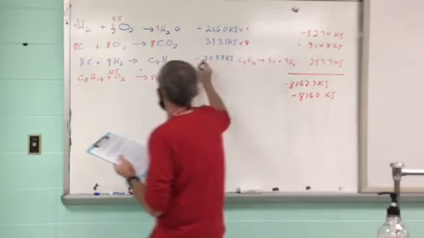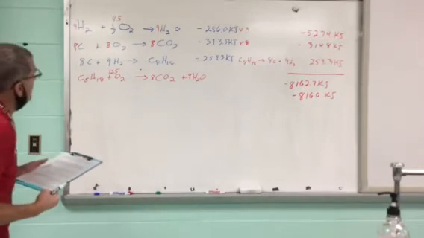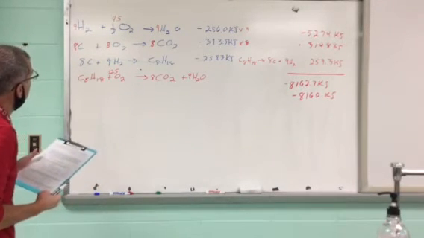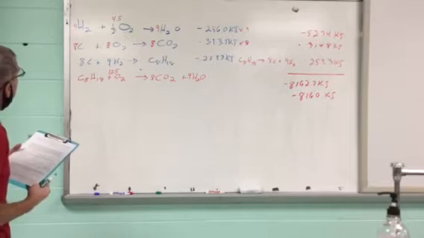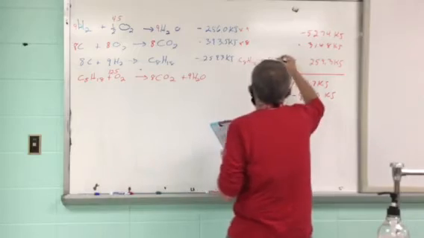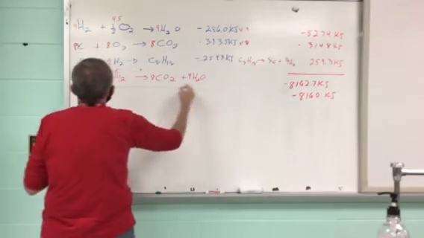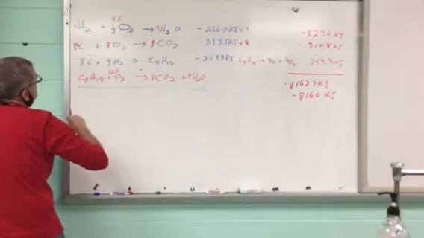This one I have to use, I'm sorry. This one I have to use versus up here. So in terms of my hydrogen, I've got 9 hydrogen, cancels with 9 hydrogen. 8 carbon, cancel with 8 carbon. Now I just add the reaction together, and I get